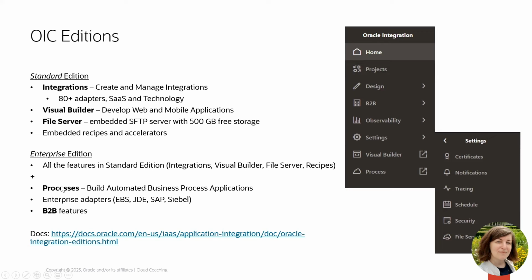One note about Visual Builder and Process. These capabilities in OIC are, from a technical perspective, the same as the standalone services that you can find in Oracle Cloud as Visual Builder and Process Automation.